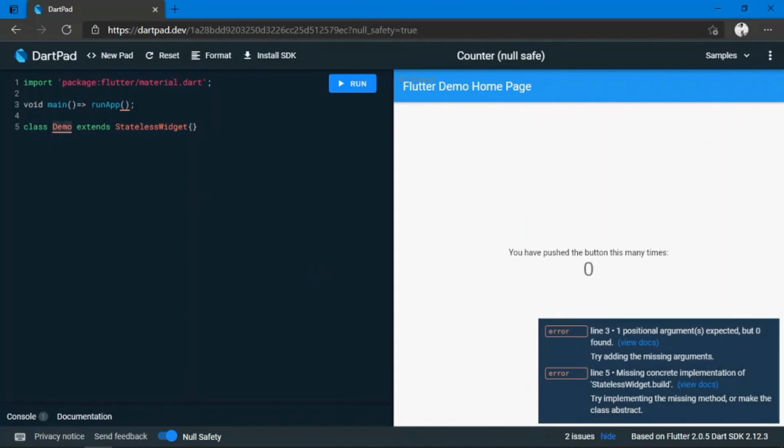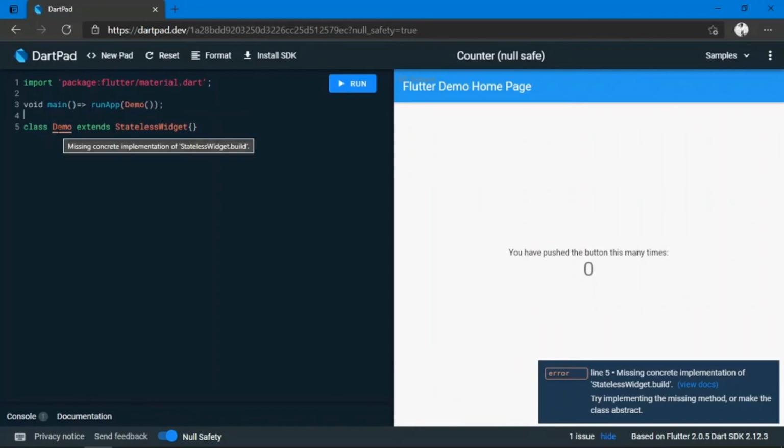It's saying, okay, I am copying Demo and so on, so it will run Demo first. Missing implementation means I have created a class but not put anything else in that class.